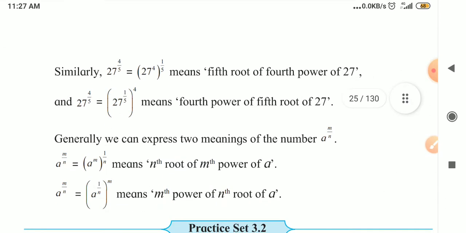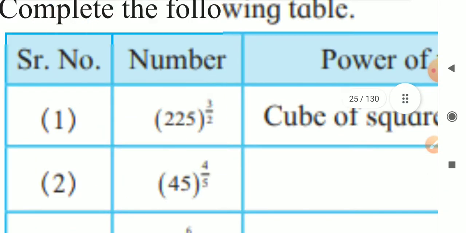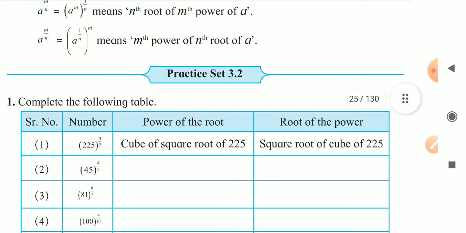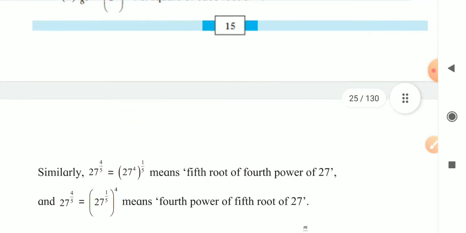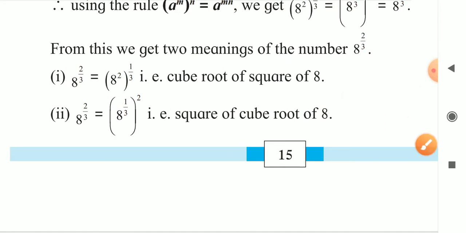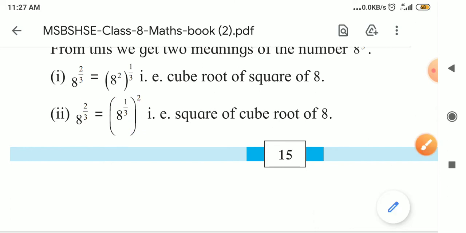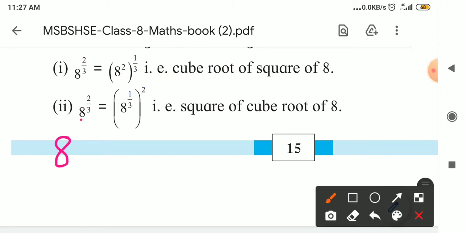Suppose some more examples, we will see here. So how to read this? We can read it in two ways. One way I told you: from the denominator to the numerator, and another method is from the numerator to the denominator. So how are we reading this? Again we will see here. Square of cube root of 8. The reading is the same, the fraction is the same. You can read 8 raised to 2 upon 3.